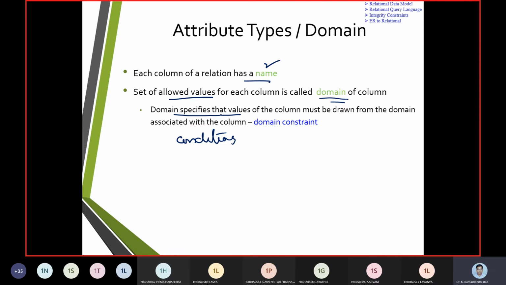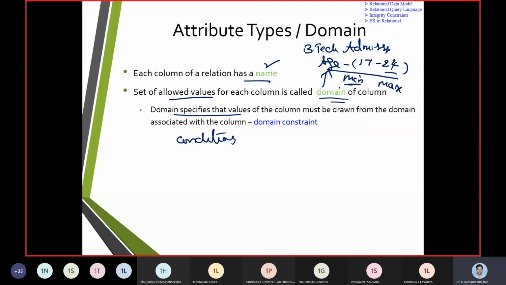For example, if I say BTech admission, and the age is between 17 and 24, then the domain of age has a minimum of 17 and a maximum of 24.